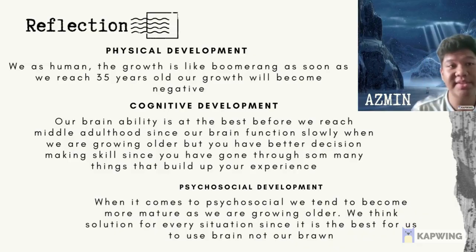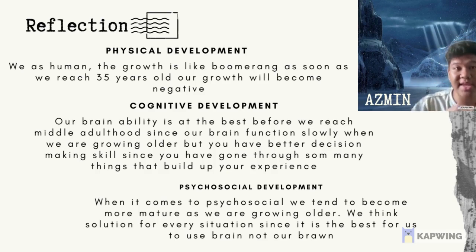Three types of development that I will talk about in reflection: physical development, cognitive development, and psychosocial development. So I will talk about physical development first. We as humans, our growth is like a boomerang. As soon as we reach 35 years old, our growth will become negative. What I mean by saying this,